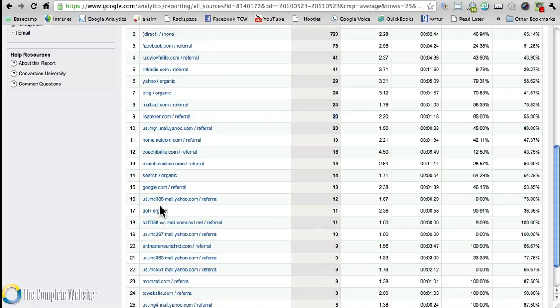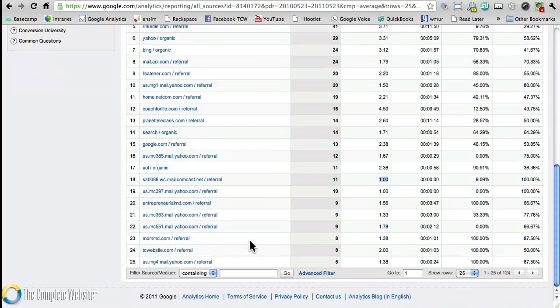Here's an AOL email account. Here's a Comcast mail account. 1 page view on average. So people are coming in, reading the story, and then going away. Okay, now